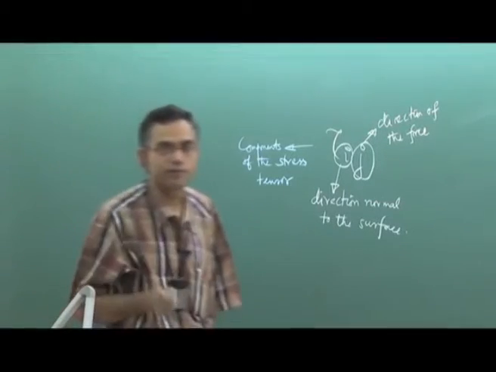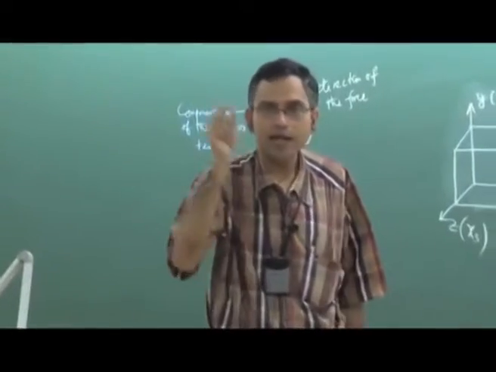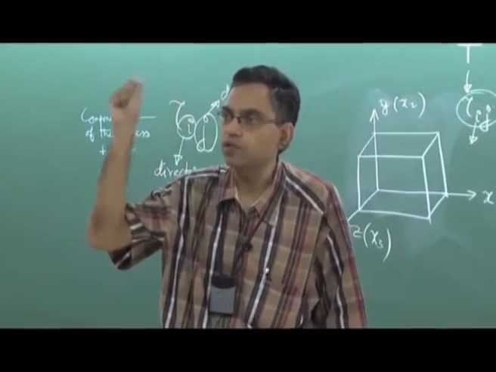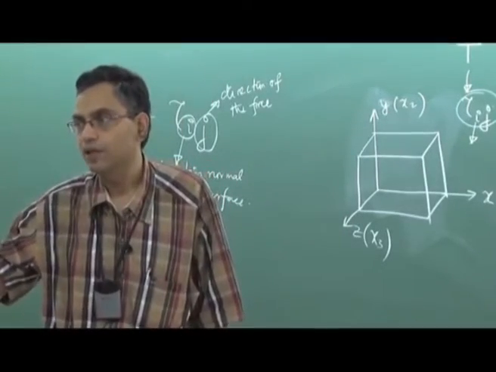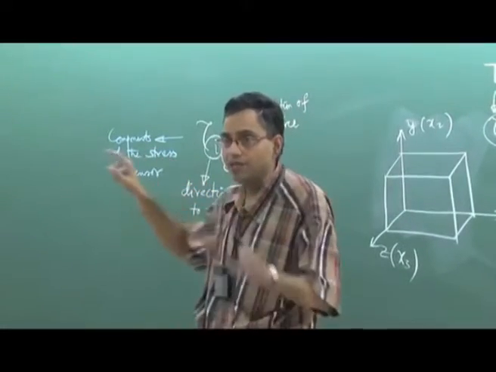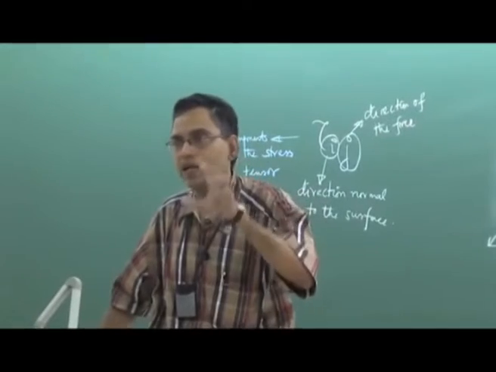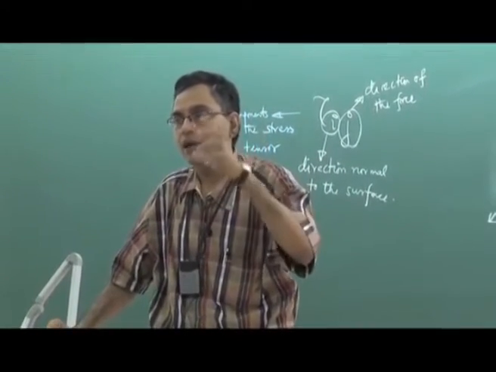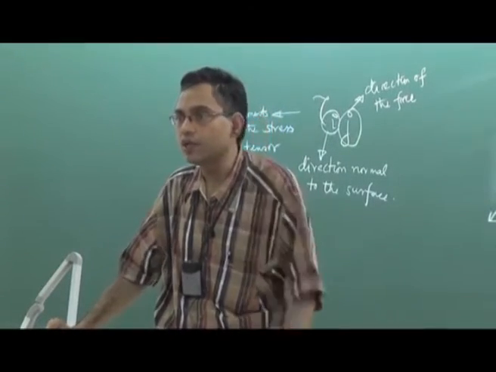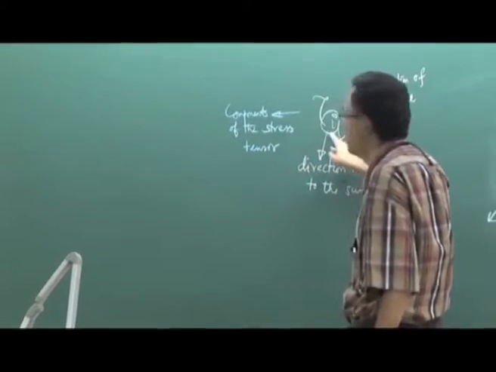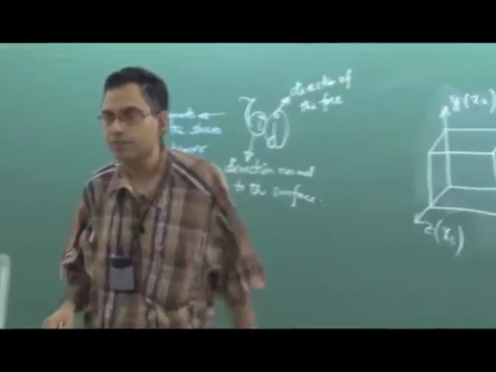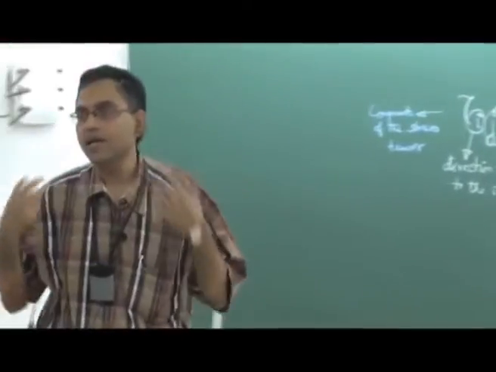Let us say a force F. If you write F with subscript i, then i equal to 1 means x component, i equal to 2 means y component, i equal to 3 means z component. But here you require 2 indices for its specification. Why? Because it acts like a vector in a sense that it has its own components, but these individual components also depend on the orientation of the area chosen to calculate the force. So direction normal to the surface appears as another index. So it requires 2 indices for its specification, that makes it a second order tensor.